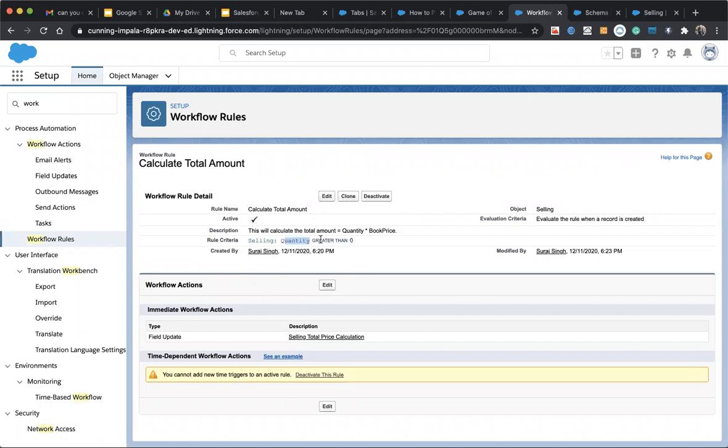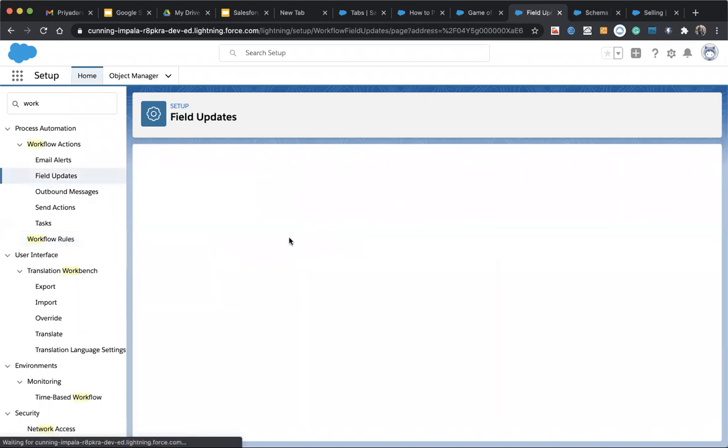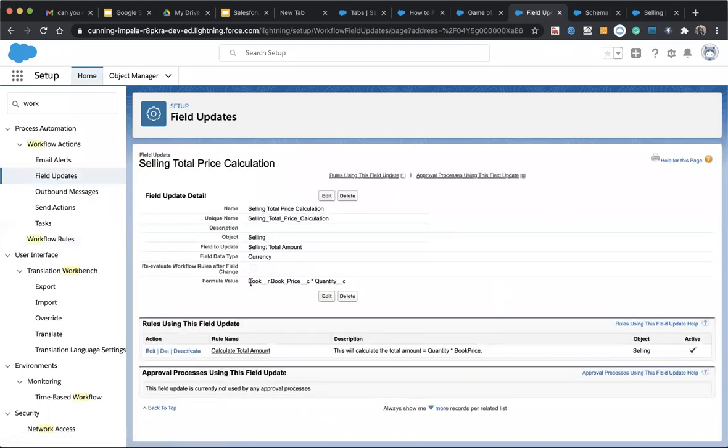If it is greater than 0, it will do this field update. In that field update, it will change the total amount value, doing the calculation, book amount into quantity.